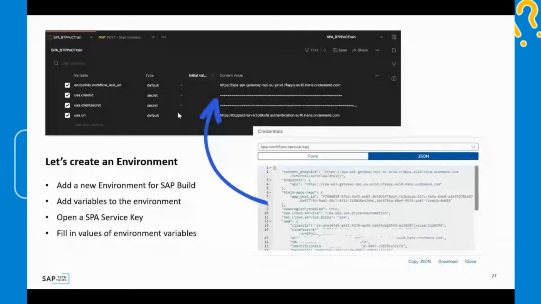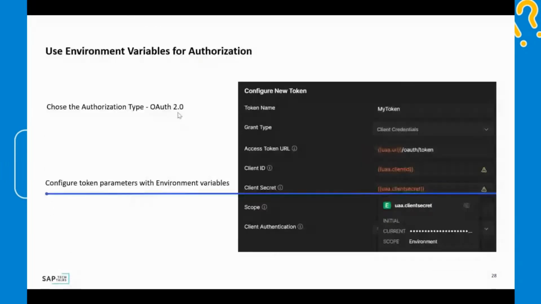And I just copy and paste the name of variables to client ID, client secret, and access token URL. And I use it like links, like a reference. Of course, I can fill in directly from sub account this data, just a string, but